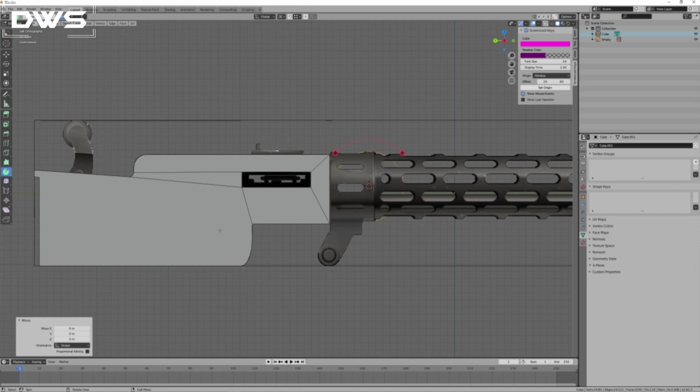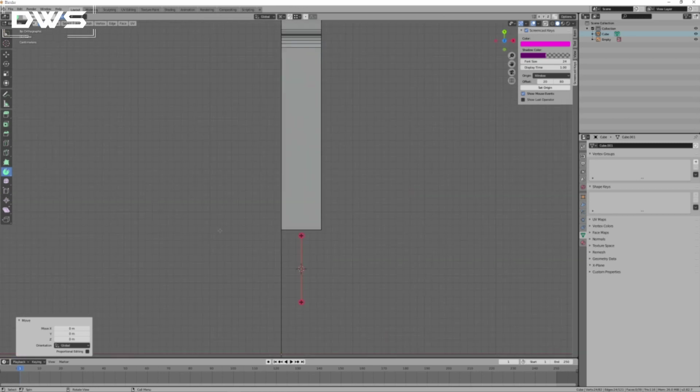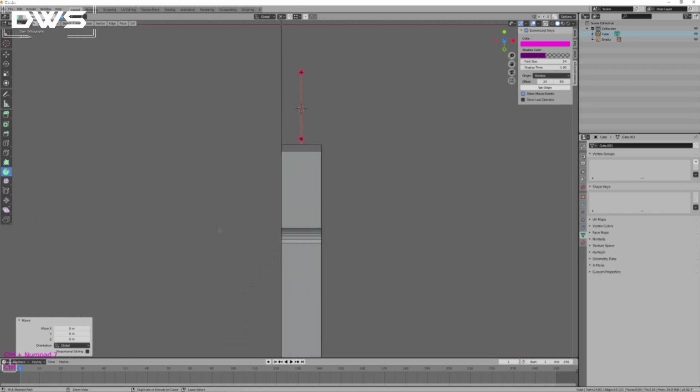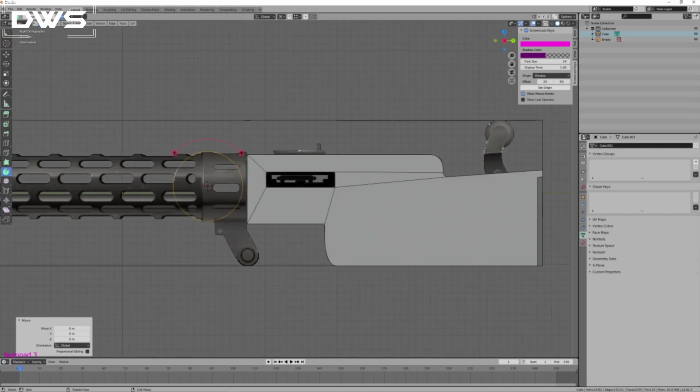And by hitting the number pad 7, I get to the top view. Control 7 is the bottom view. It shows you what those are in the upper left hand corner. It says it right there, it was showing me up orthographic. And the other thing that happens is if I'm in orthographic and I am in a forced